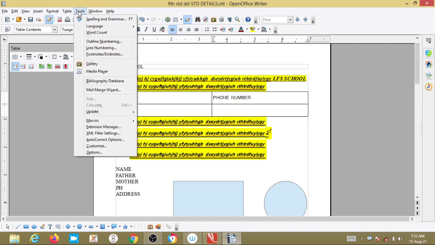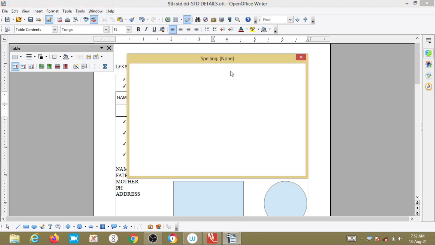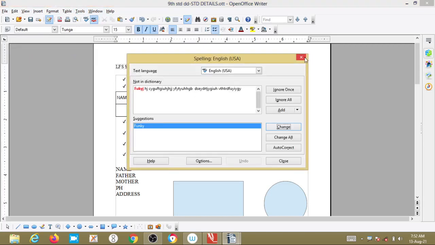Then the tools are there, that is the spelling and grammar. If I select this, whatever I have written here, it shows for every word that is not grammatically correct. It is suggesting that I change this FUKYJ to funky.